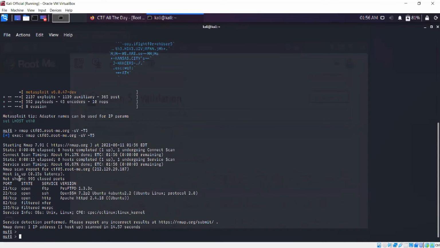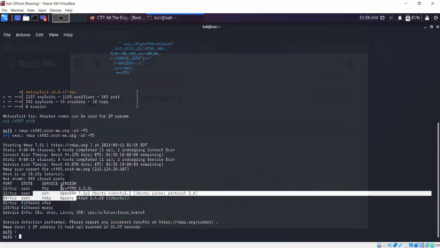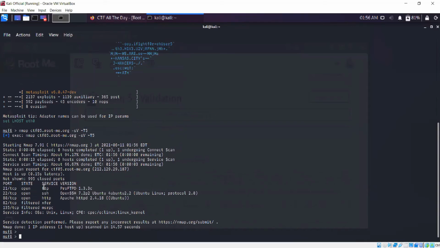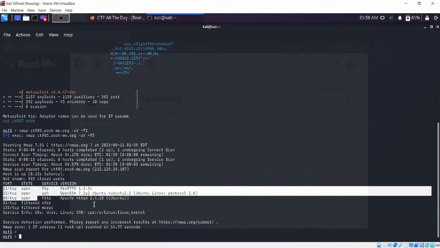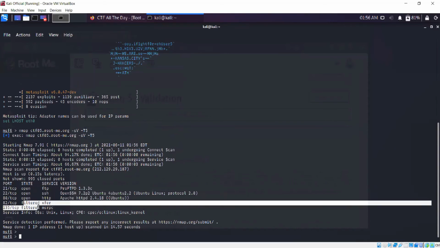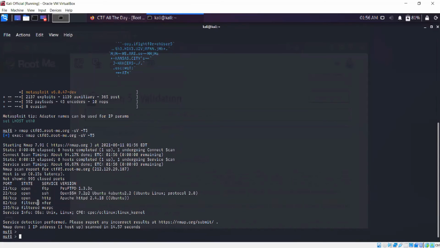All right, so we can see these are the ports open. What we can do is check for exploits for each of the open ports. Since these ports are filtered, it means we cannot exploit them because there is a firewall. If there's a firewall, we cannot exploit it for now. But let's start with the first one. We might not get it. We might. Let's see. So again, we'll use the search command to search if there is an exploit for this